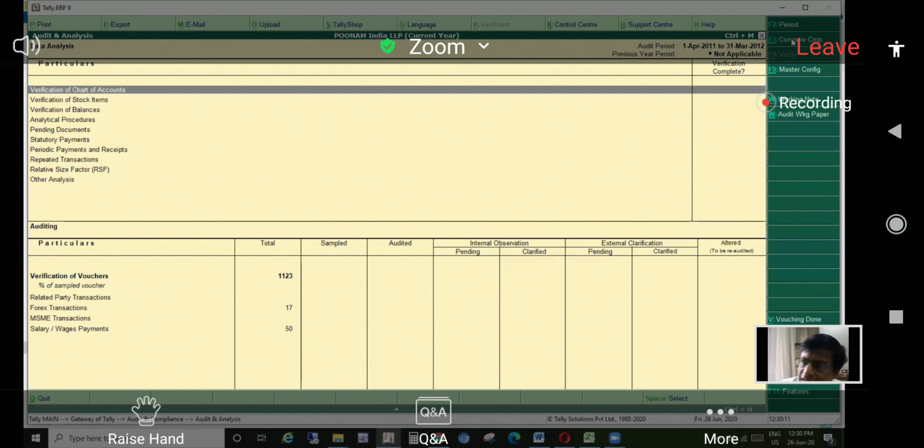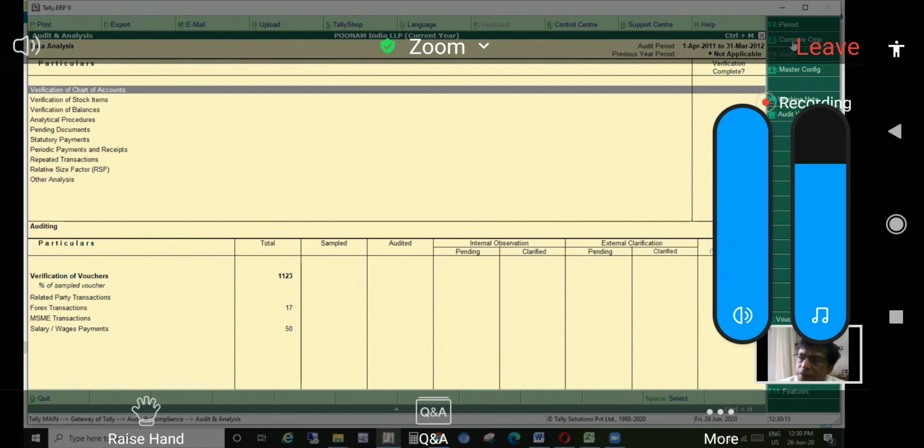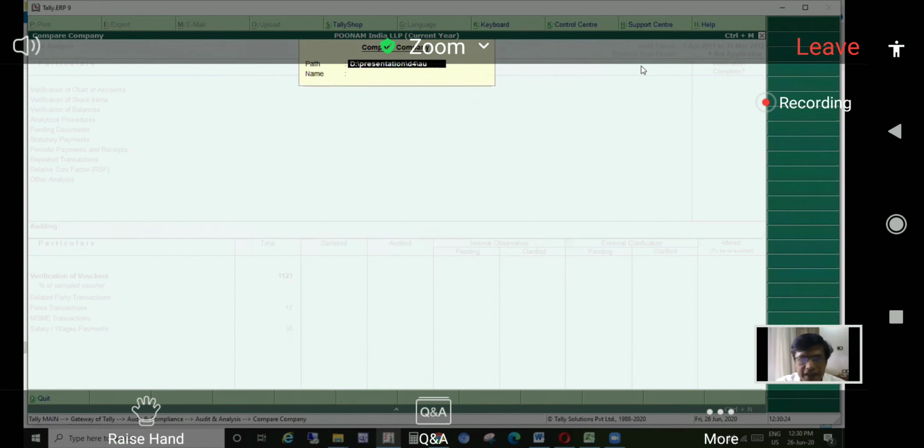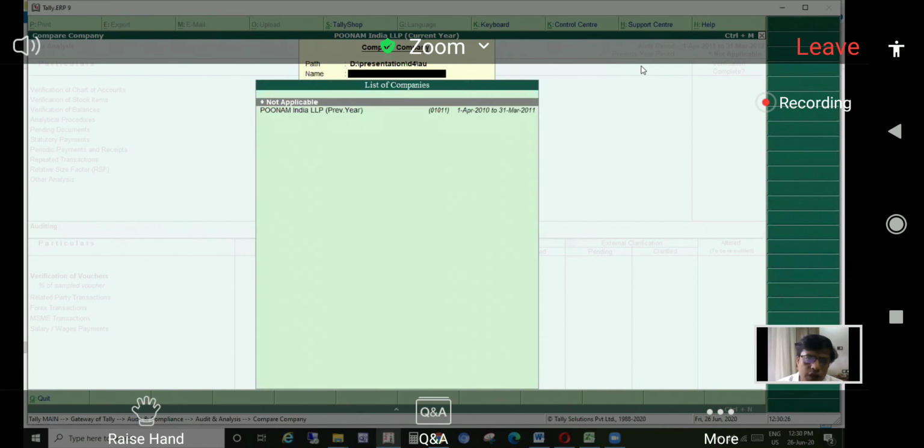Here we select the company by clicking Control F3. If I have put it in the same folder, then fine, or else I can select a different folder as well. Fortunately, for the current one, I have kept it in the same folder, that is, the Poonam India previous year company.